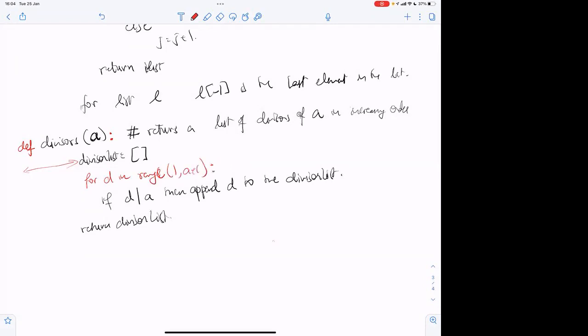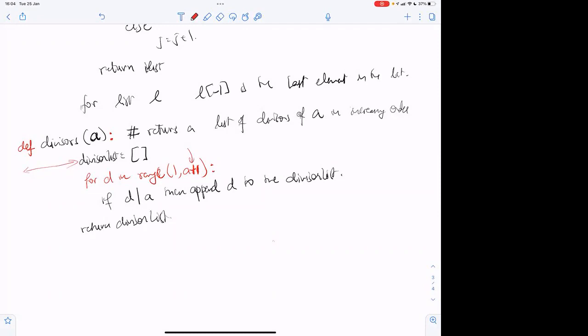Correct? So this runs from 1 through a. A plus 1 is 1 more than a, so the successor gives the number at which we do not consider in our range, which is the first number not in the range. Correct?